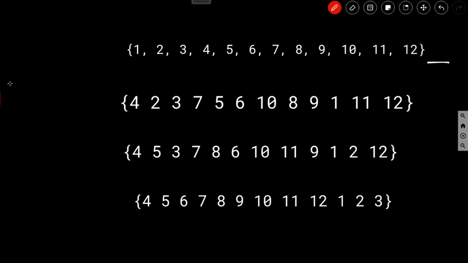Okay, so we need to check the GCD of two numbers. The first one is the length of the array, here it is 12, and the second is the number of times we need to shift the digits, that is 3. So here the k value is equal to 3. We need to shift the array by 3 times. So the GCD of these two integers would be 3.